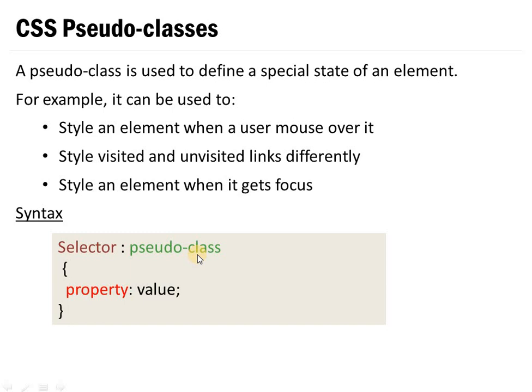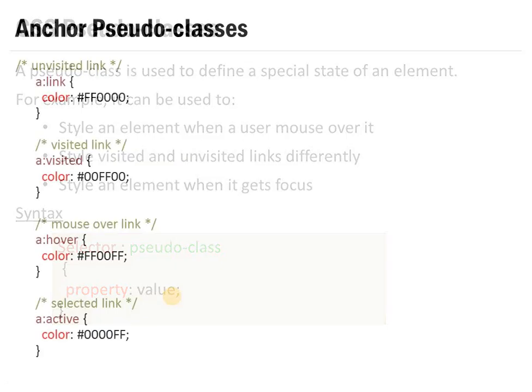Now for pseudo classes, there are predefined pseudo classes in CSS3. Okay, you don't have to build your own kind of pseudo class and apply it. There is a predefined set of pseudo classes. You have to use from those only, and within curly braces you have to specify whatever style you want to apply, as property value pairs.